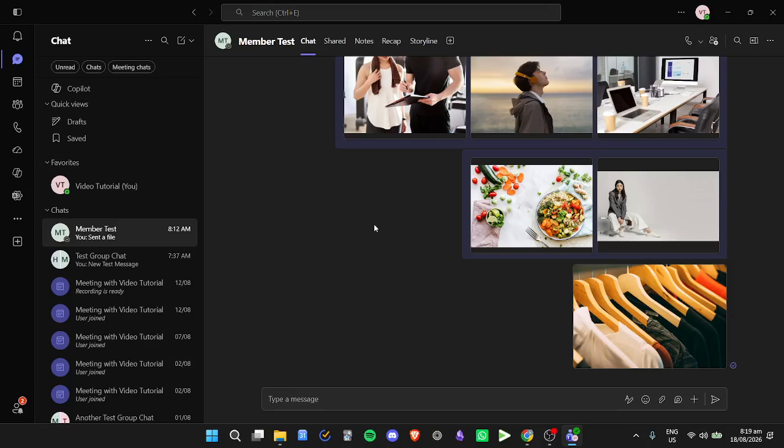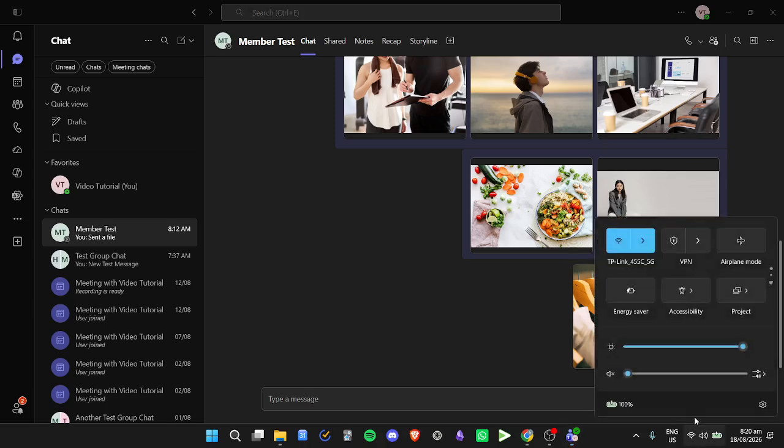How to fix audio not working in Teams. So here I am in the Microsoft Teams application. From here, there are different solutions that you can do to fix your audio. First is that you need to make sure that you are connected to your correct audio right here in your